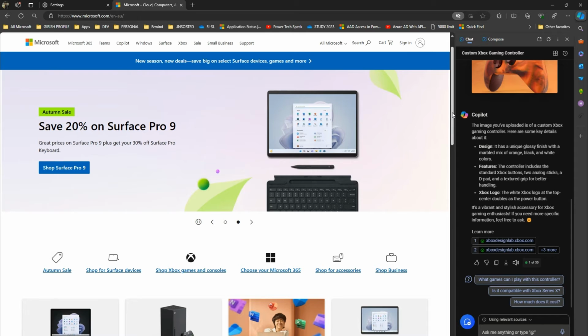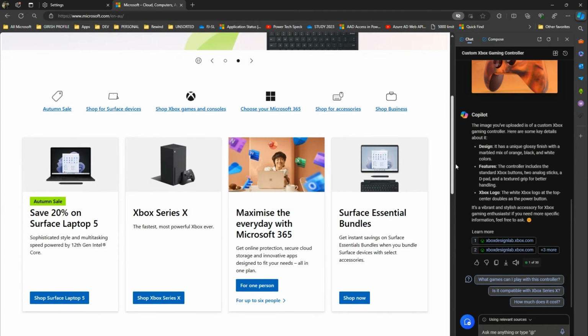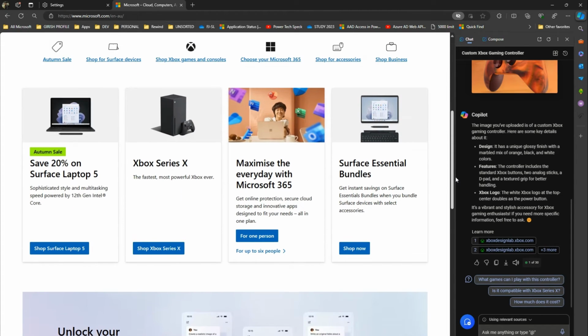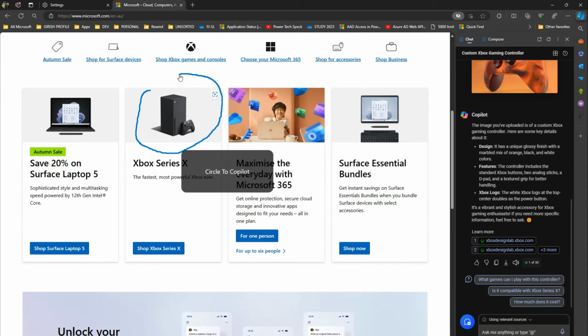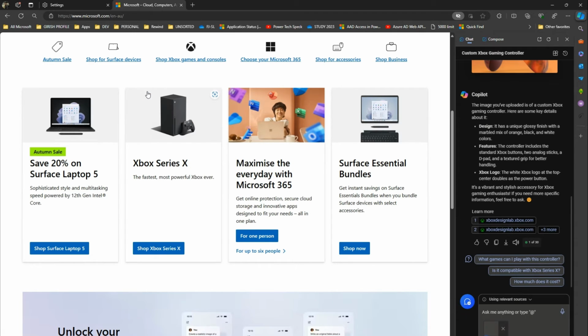So again, just to demonstrate further, if I scroll the window over here, and if I want to know something about this product, I'll just do a right click on my mouse and then draw this. If you see here, the moment I draw, it says Circle to Copilot, and then it will automatically take the screenshot, paste it in that chat window, and I can now ask, can you let me know the price